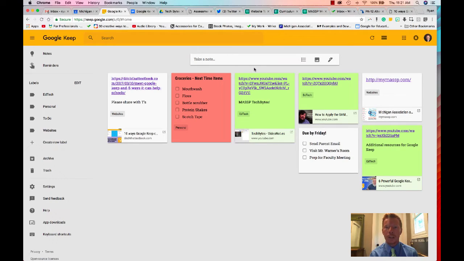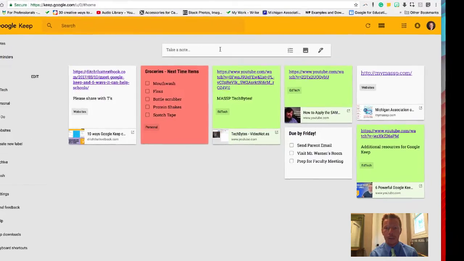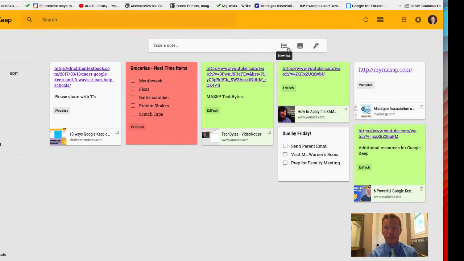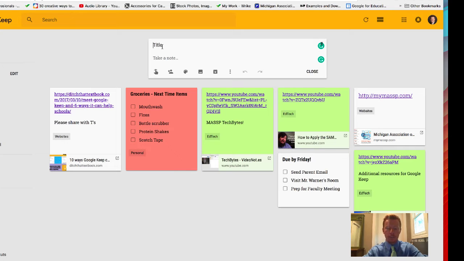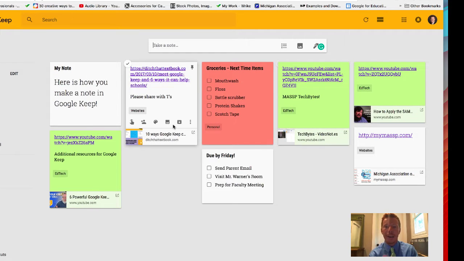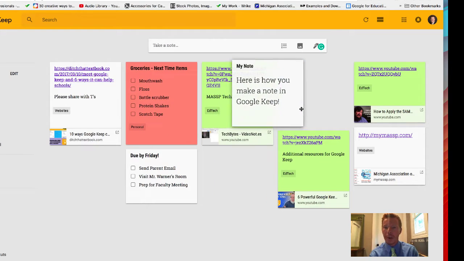But to get started, we're going to go ahead and take our very first note, and we can just simply start typing up here at the top, or I can get started with a checklist, an image, or even by drawing the note out by hand. So I'm going to type, just give it a title. Here is how you make a note in Google Keep. You'll notice that it's automatically saved and synced to the cloud when you're done typing. You don't have to hit any buttons to save it. I hit close, and now it's added to my list,